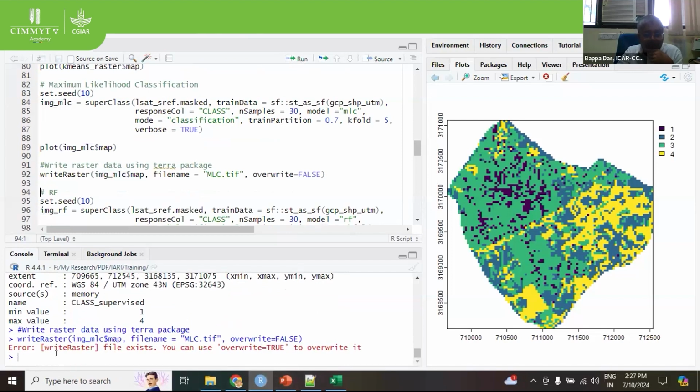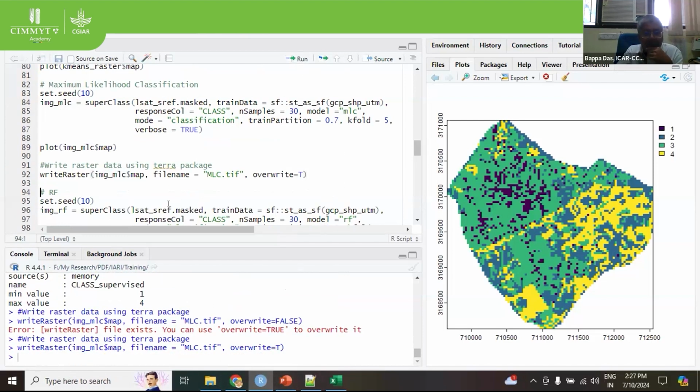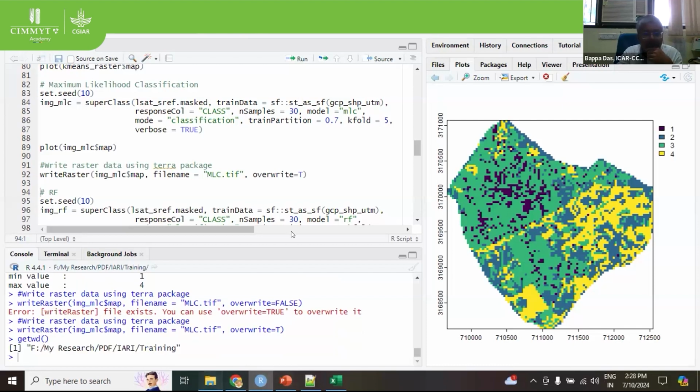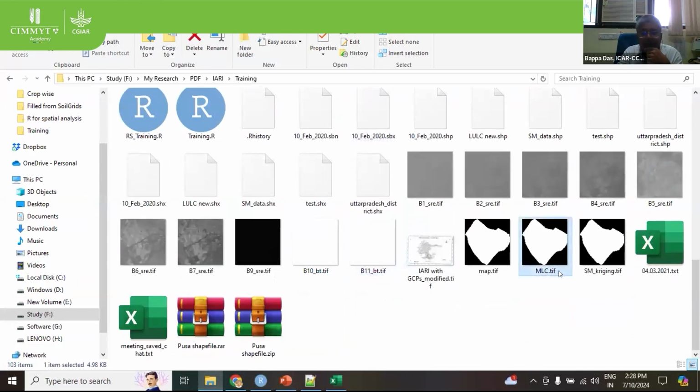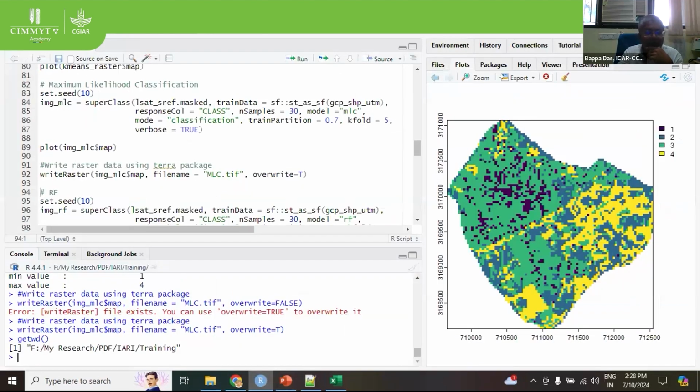You see the error is coming. Write raster, as we have kept overwrite is equal to false. Write raster file exists. Already the file is there. So you have to put T there, T or TRUE, whatever. So now it has written. So within the working directory, you can write getwd, you can have the working directory, and within the working directory, this has been written, mlc.tif, and this can be opened in any software like your QGIS, ArcGIS,